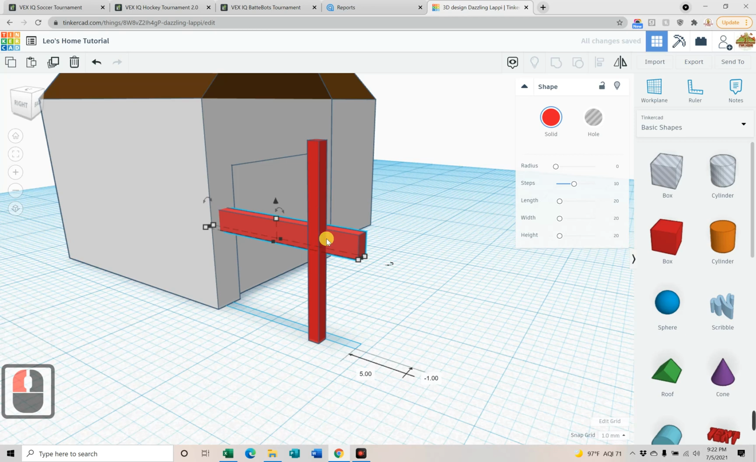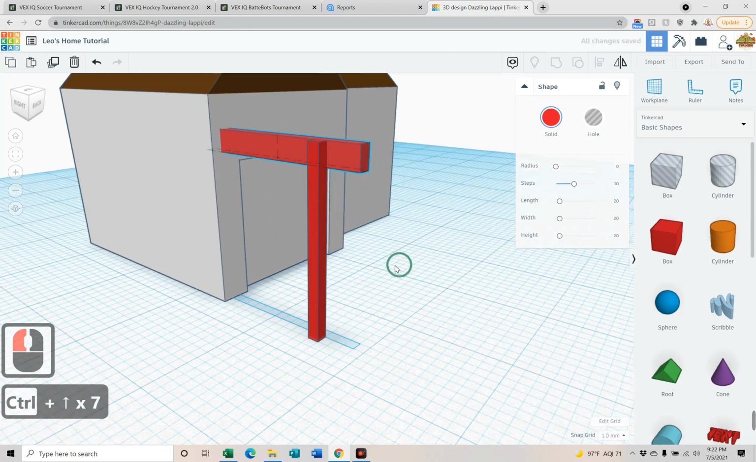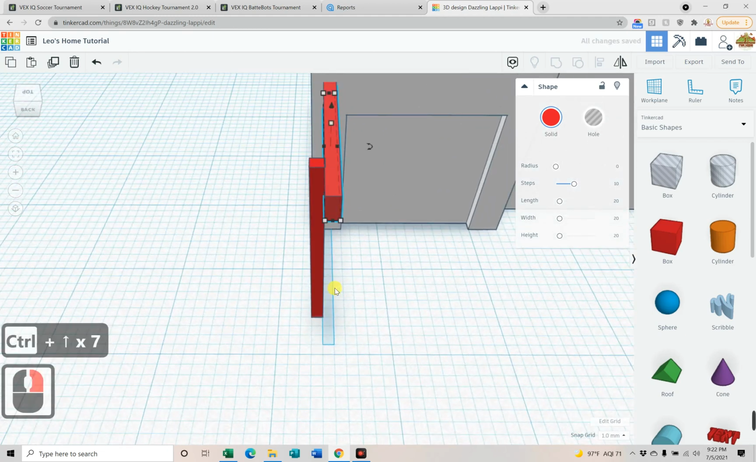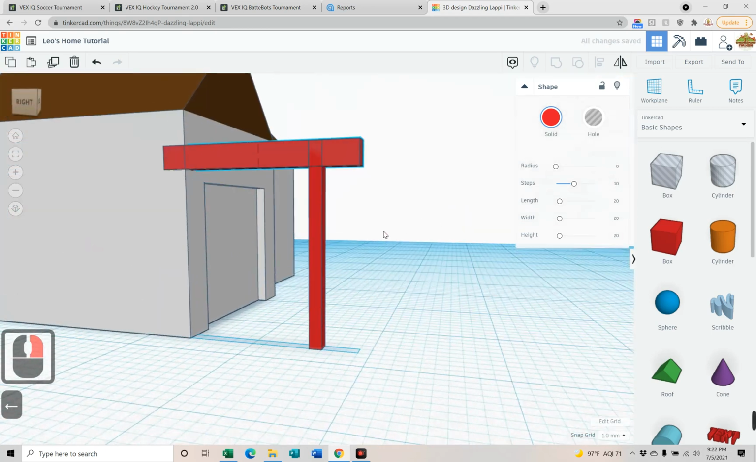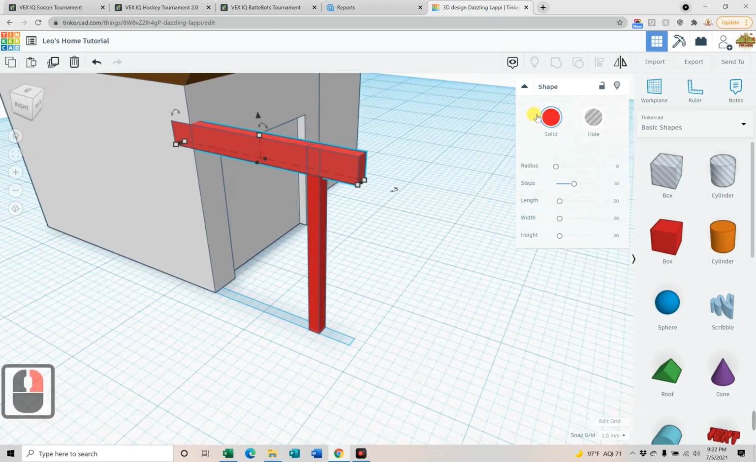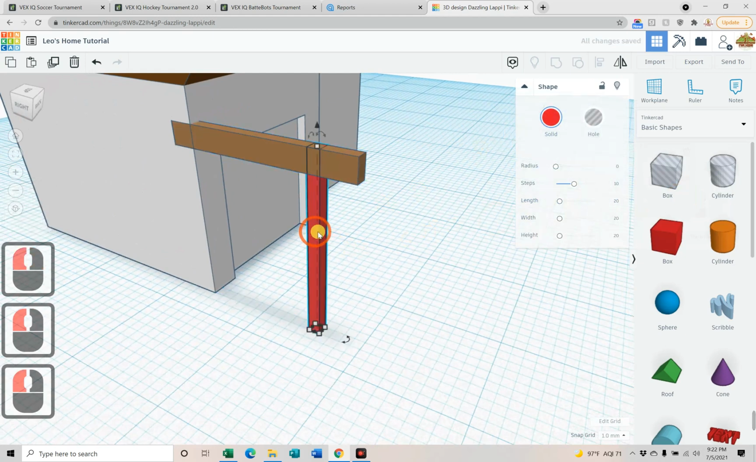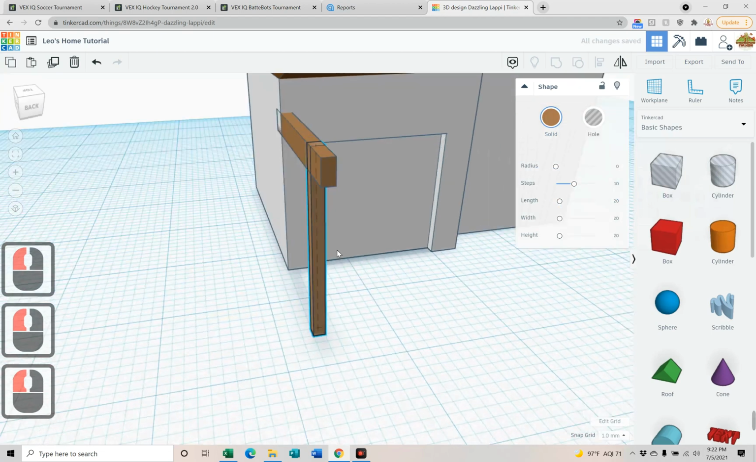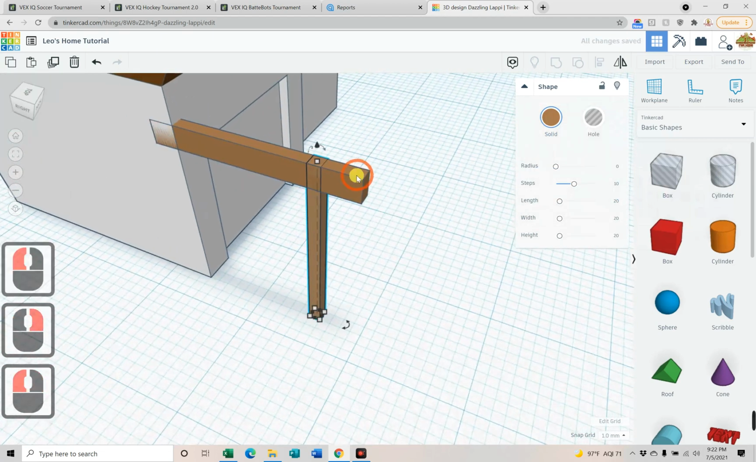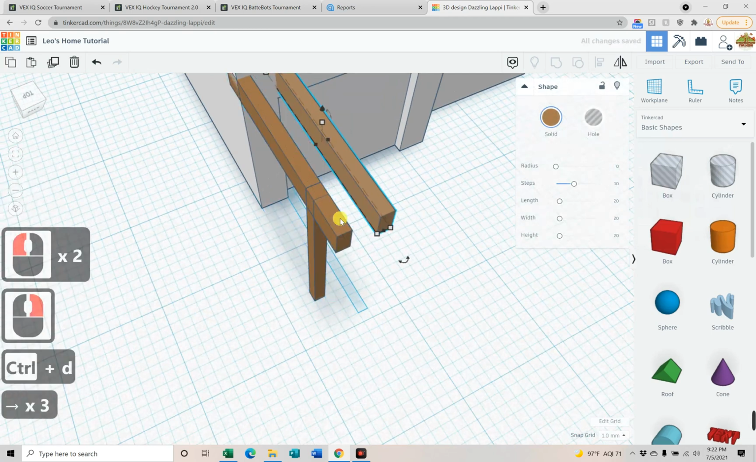Here's another awesome keyboard shortcut. When I hold Control and press the up arrow keys, I'm able to move the piece with the keyboard. I'm gonna change the color from red. Let's do lighter brown. Yeah, there we go. Now that I have this one, I'm gonna go ahead and duplicate and use the keyboard arrows